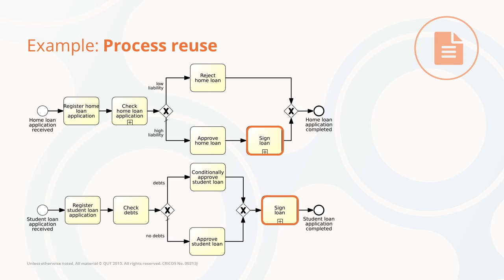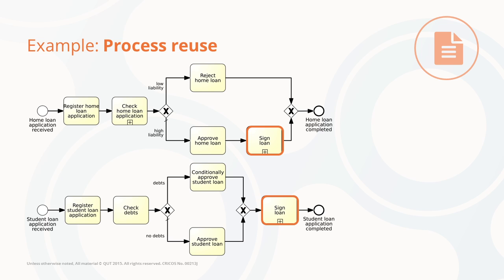So the idea is that each of these processes would have some differences from the other. For example, in the case of the home loan application, if there is low liability of the applicant, then the loan request will be rejected. Whereas in the case of the student loan application, if the student has debts, a student loan will be conditionally approved. In any case, there is an activity called sign loan, which is shared between the two different loan